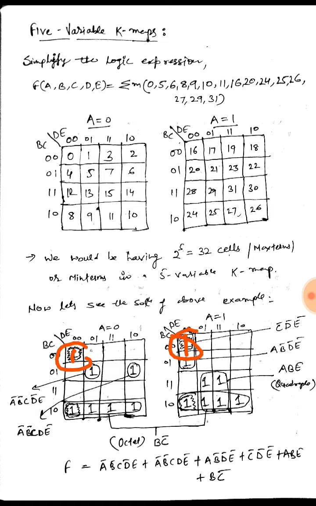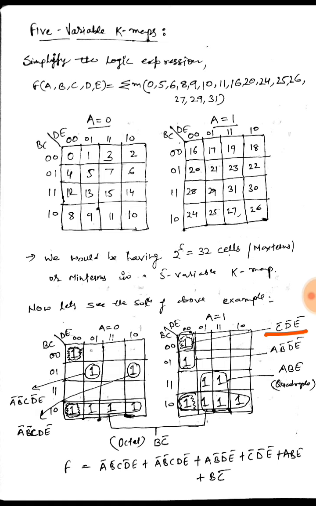But, oh sorry, because we have 4 ones in 4 adjacent cells, that is this one, this one, this one and this one, because this is adjacent to this and this one is adjacent to this and this one is adjacent to this, so it will make a quadruple of 4 cells. So if it is possible to make a quadruple instead of a pair, I will make a quadruple. So for that it comes out to be C bar, D bar, E bar,